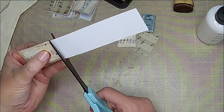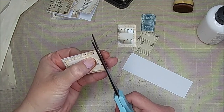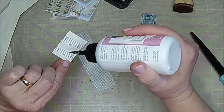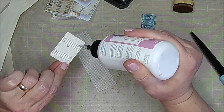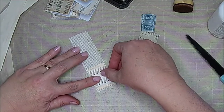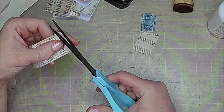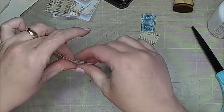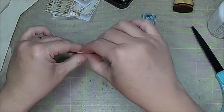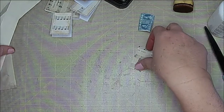And I'm not trying to be perfect. I know I have pretty much a flat edge there. And so I'm just trying to make it pretty simple. Sometimes all you need for ephemera is something very quick, very simple. And you can just knock out 20 of them or 30 of them in no time at all and put them in your stash. And then when you're putting together your journals, you're not stopping and starting,